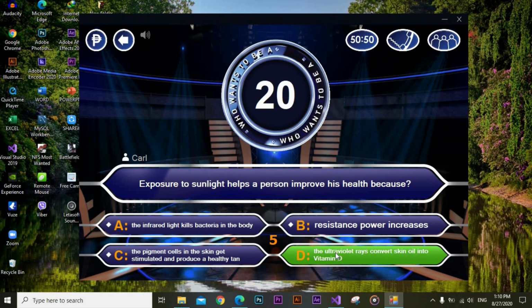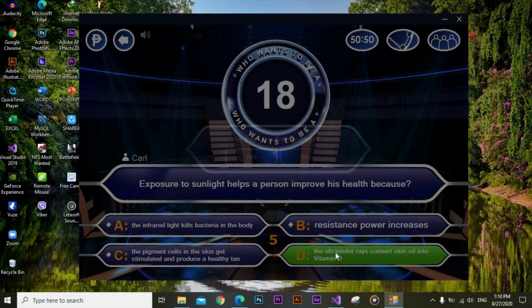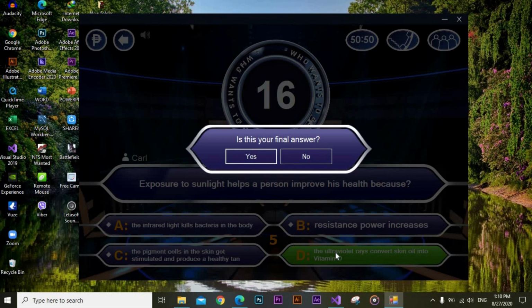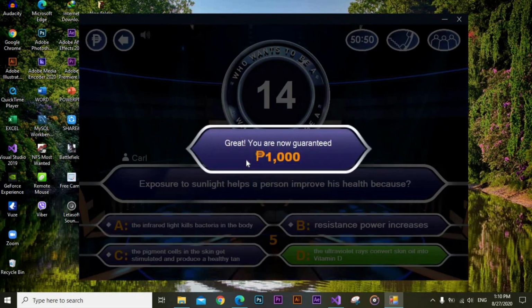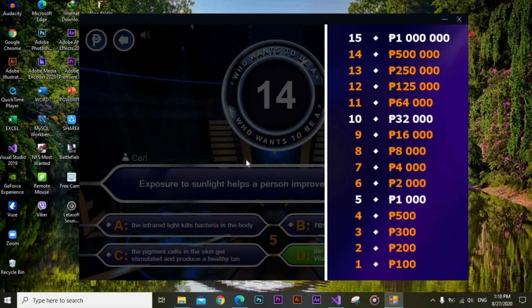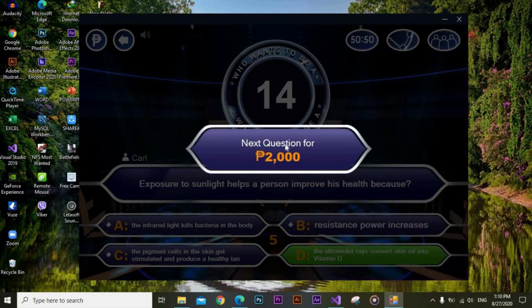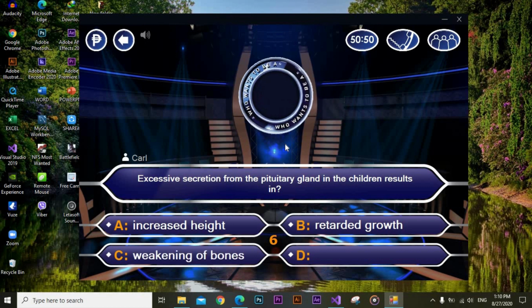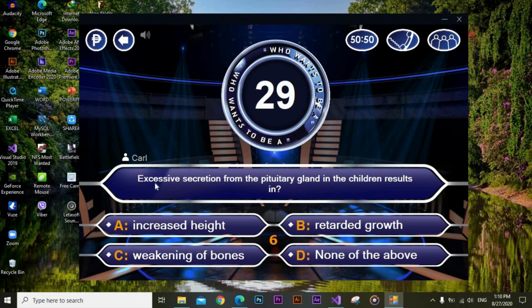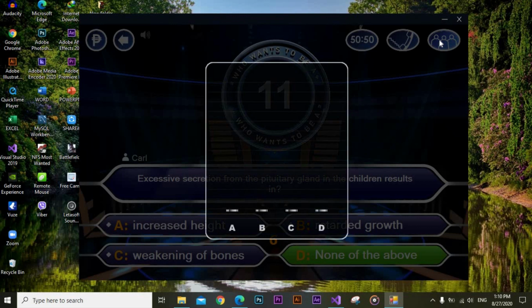Let's see here. Yes. Excessive secretion from the pituitary gland in children results in... No, I don't know this. Surely I do not know this, so let's ask the people survey.